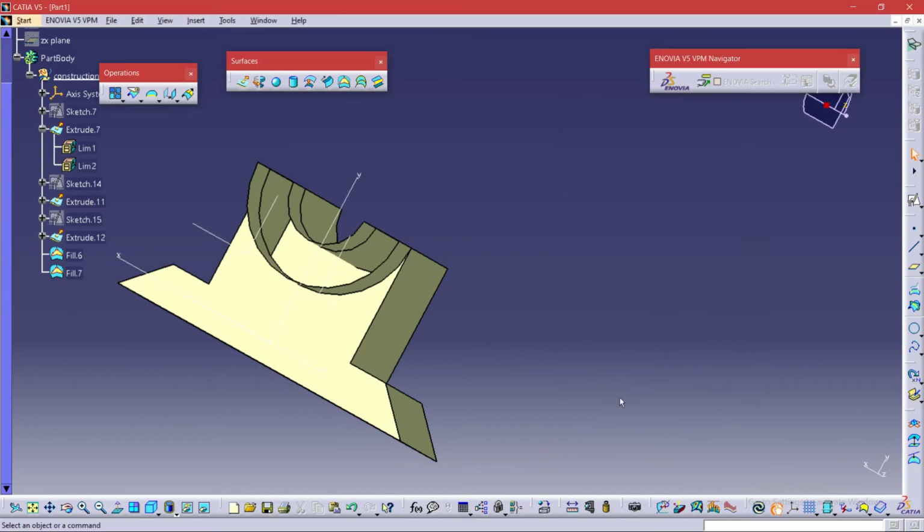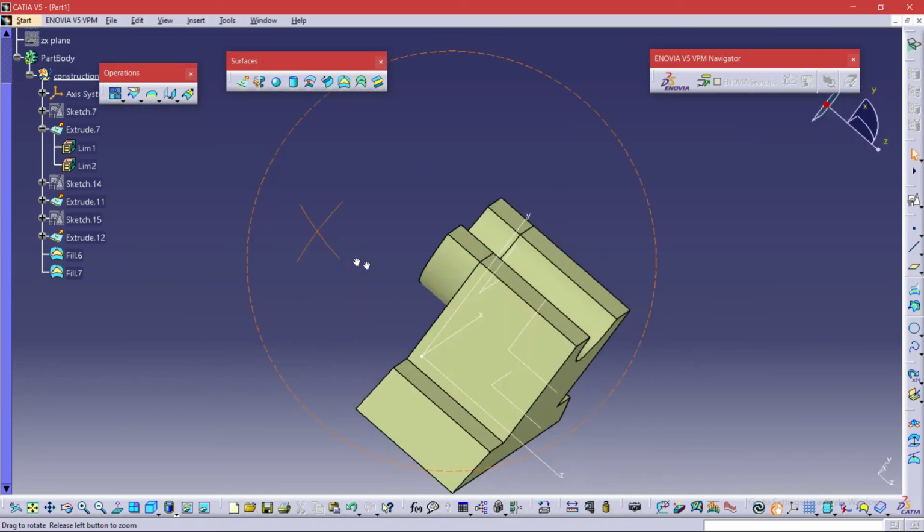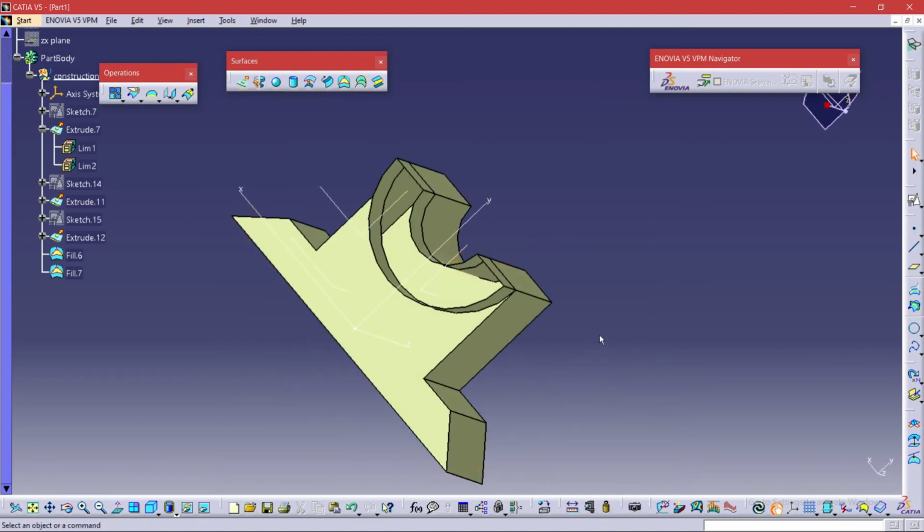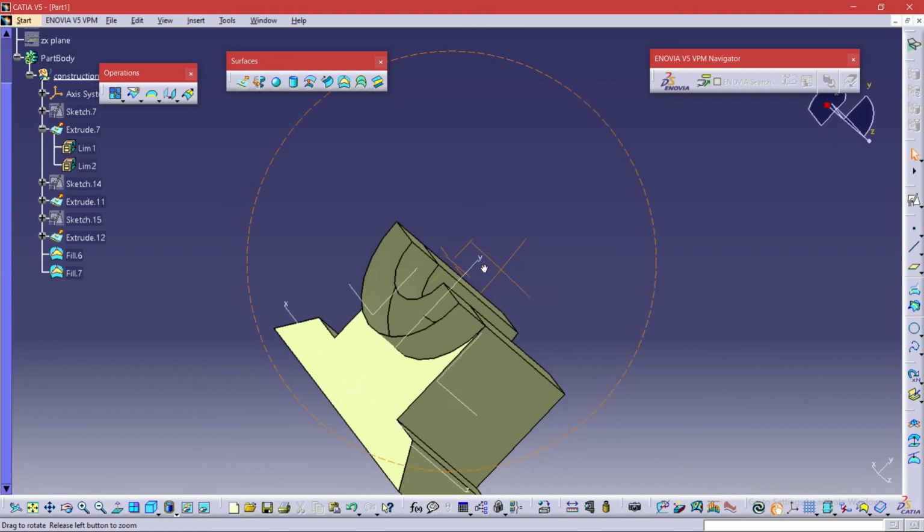Now you can go for the filling option. Check once whether you haven't used any other edge so that it does not create a mishap later. Now it's looking all beautiful. This is the product that we wanted.